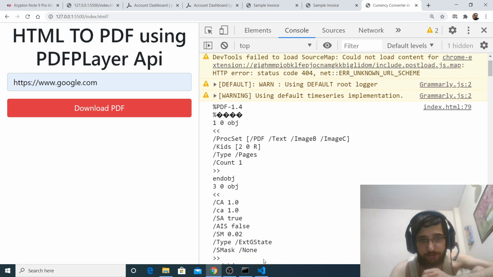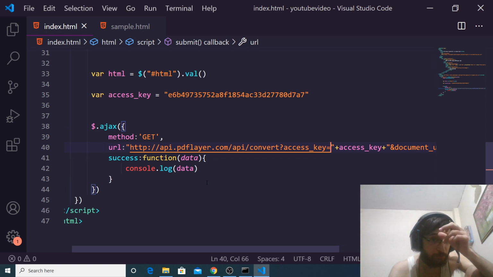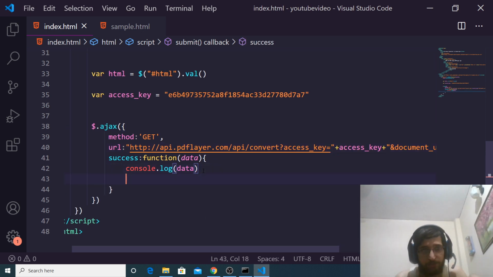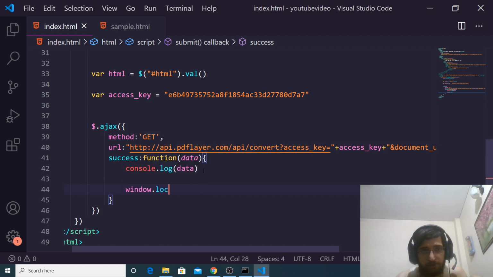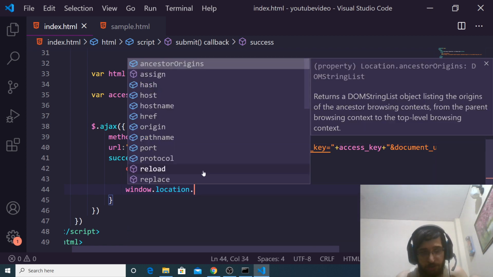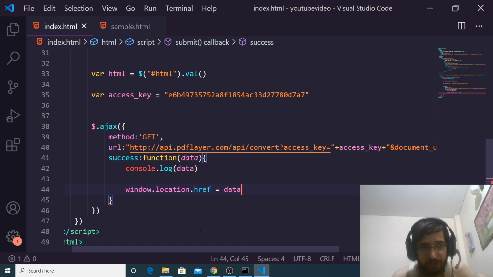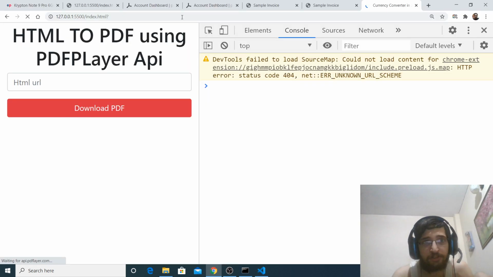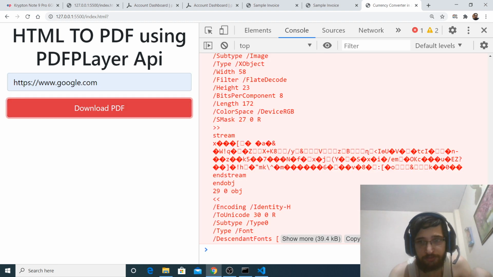What we can do here is that we need to parse the stream. I can just make a window.location.href, and I can point this to the data. That's it. Just make this change and click on download PDF.